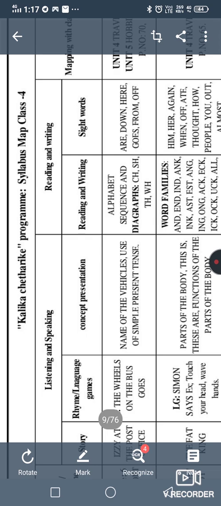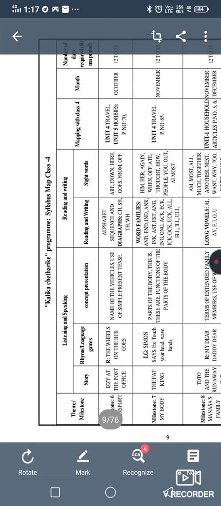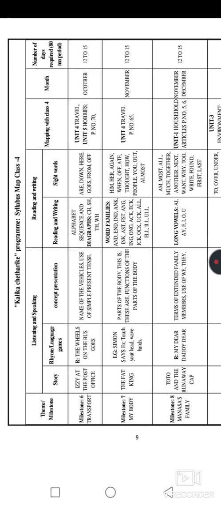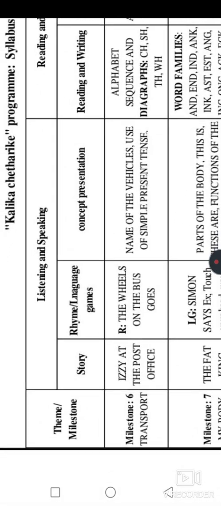So let's see the title: Kalika Chetarike Program Syllabus Map Class 4. This introduction before the teachers at block level is very important. It is a very important responsibility of every MRP. So here let's look at the columns. The first column is theme or milestone. And in the second column the main heading is listening and speaking,